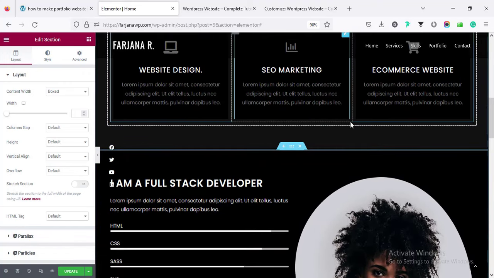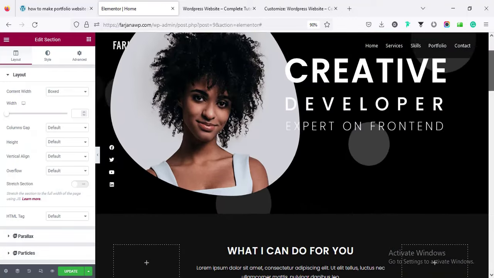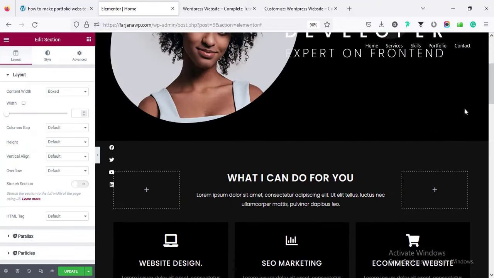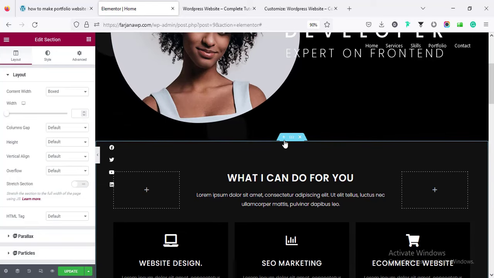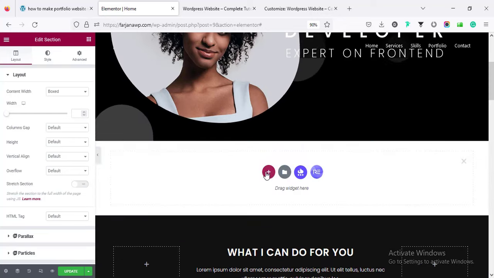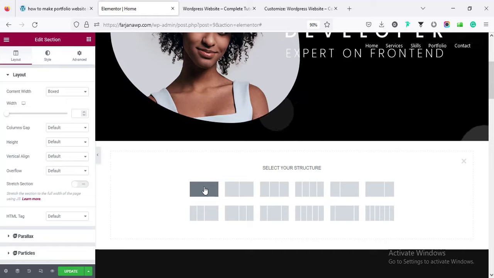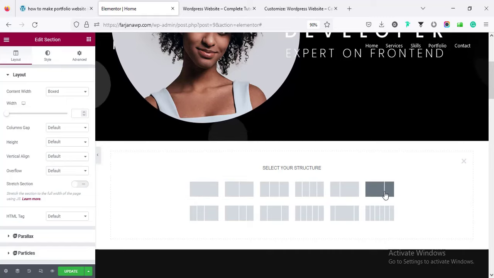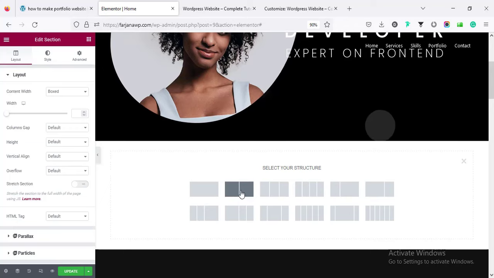And lastly, if I want to add any new section or extra section, in the same way we can do that. For example, here I want to add a new section after this top section. Click on this plus icon, and here click on this plus. Here we can select different kinds of columns. For example, I'm selecting this one, the 2 column layout,